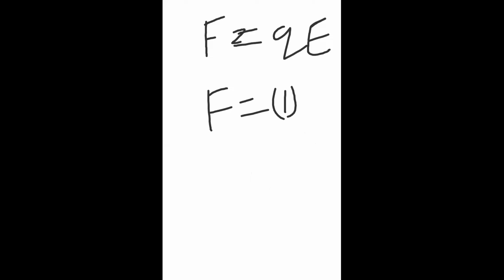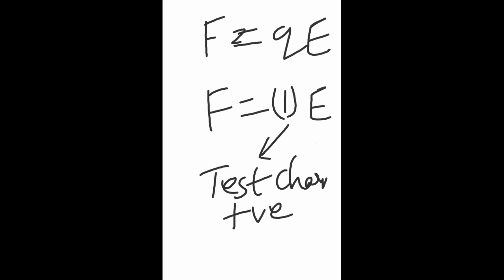Anyway, we have related F is equal to Q into E. When Q is equal to 1, what happens to E? When Q is equal to 1 coulomb, that particular charge is called a test charge, and that too a test positive charge, because we are not putting any negative here. So what is the meaning of the electric field and force? The force experienced by the unit positive test charge is called electric field. Please note down in your notes. This is a new definition.